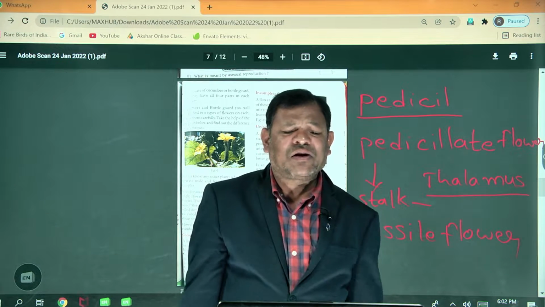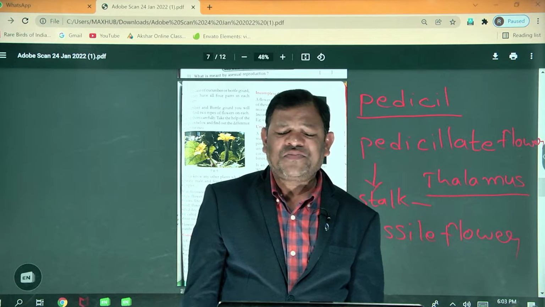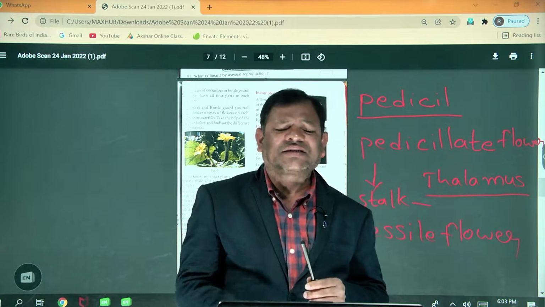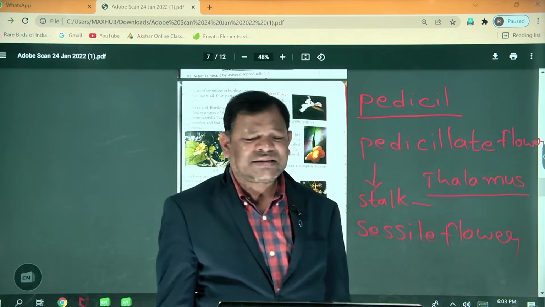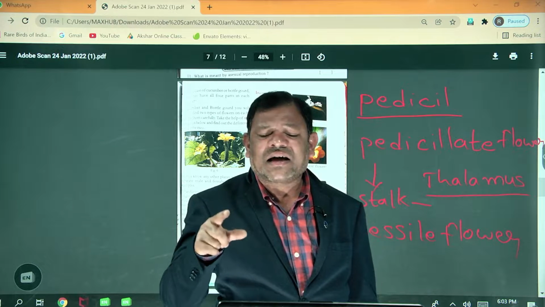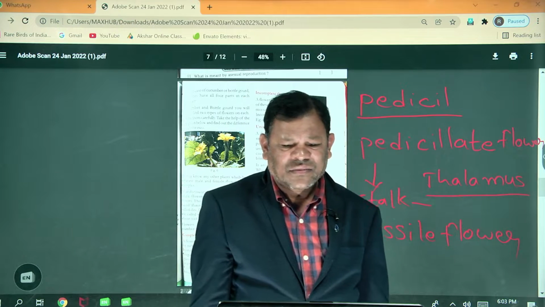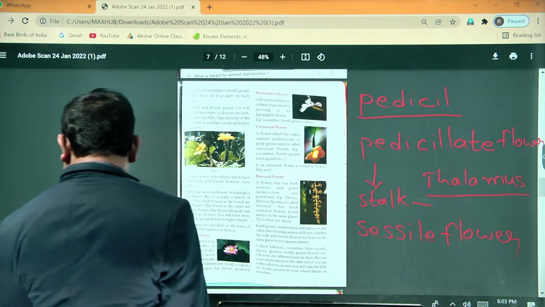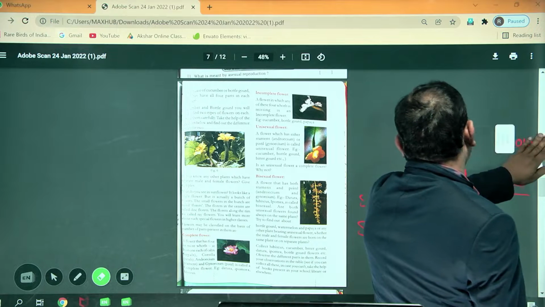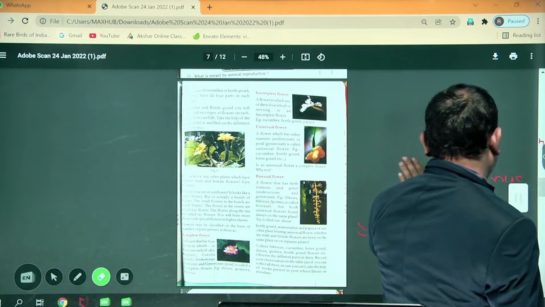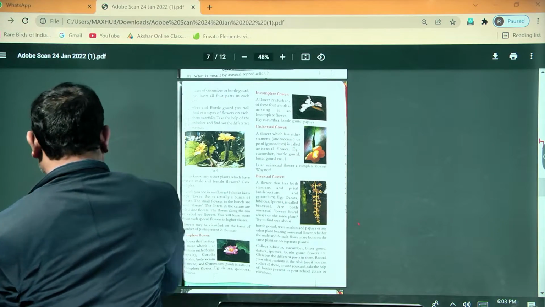So keep in your mind, the flower is the sexual part of the plant. The flower is modified from the shoot system. The stalk-like structure of the flower is called the pedicel. The swollen part of this stalk-like structure is called the thalamus. In the thalamus, floral parts are arranged in rows. Is it clear, Chaitanya? So now coming to the point, how many rows are present in that flower? Four rows are present. In the first row, you can see in any flower,